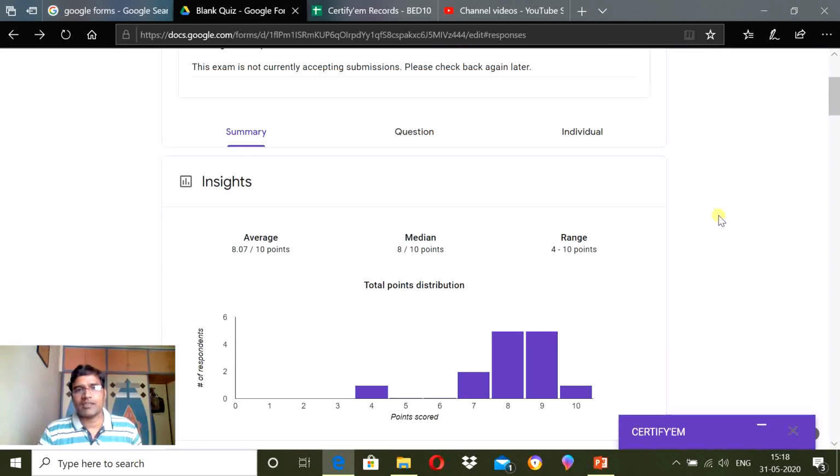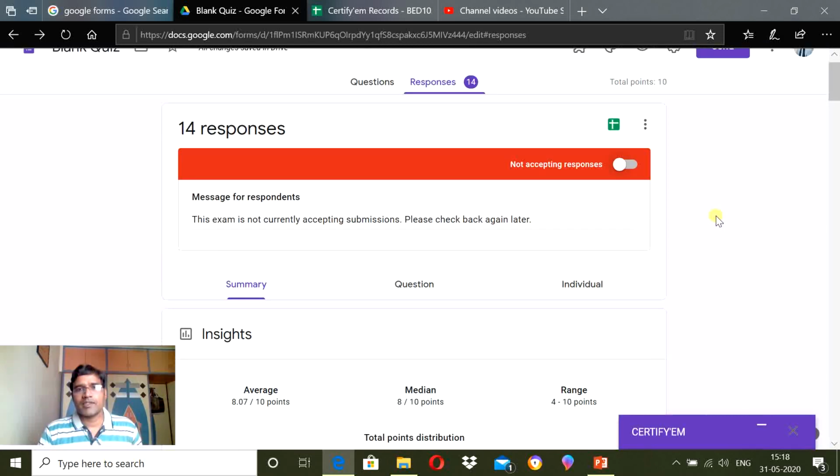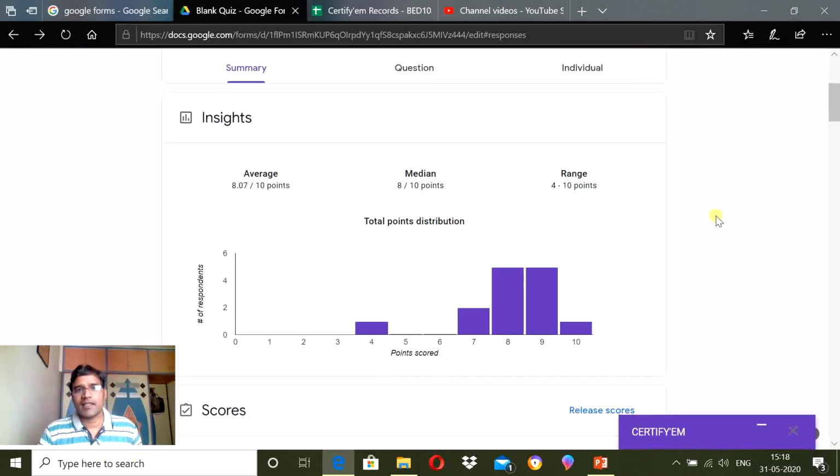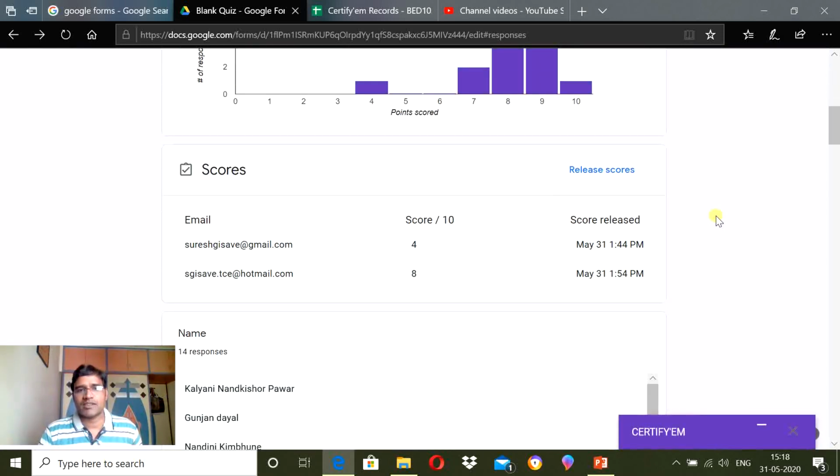Now go to the responses, then inside, the scores. Here are the scores of the participants or students who sent the responses. In front of the score there is the option to release score. When you click on release score, the certificates will be automatically sent to their email.